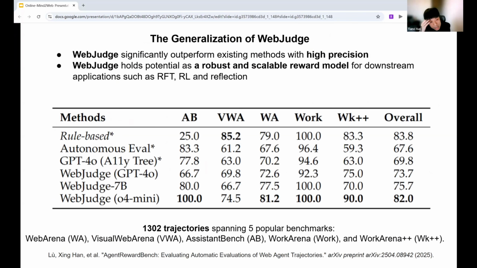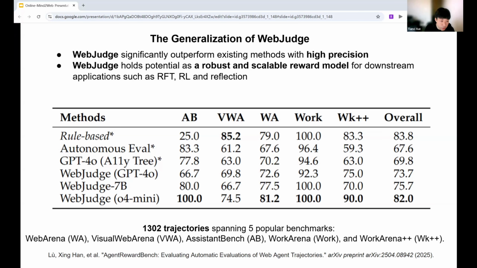And to further demonstrate the generalization ability of WebJudge, we evaluate it on a recent work called AgentRewardBench, which contains 1,300 trajectories across 5 popular benchmarks like WebArena, VisualWebArena, AssistantBench, WorkArena, and WorkArena++, as shown in the table.